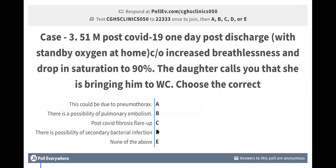So we come back to our cases. Now this is case 3. The 51-year-old male, post-COVID-19, 1 day post-discharge, just discharged 1 day ago with standby oxygen at home. He was a young beneficiary who was diagnosed in our wellness center but required hospitalization. He complained of increase in breathlessness and drop in saturation to 90%. The daughter calls me. These are actual incidents I'm describing. This is what actually happened. The daughter of the patient called me that she is bringing the patient to the wellness center, and